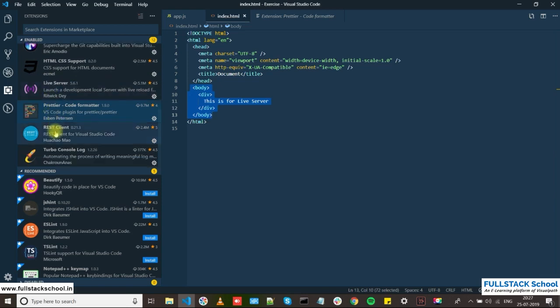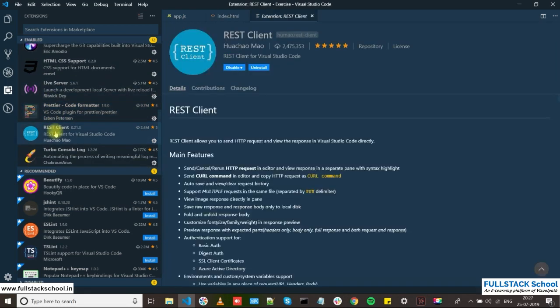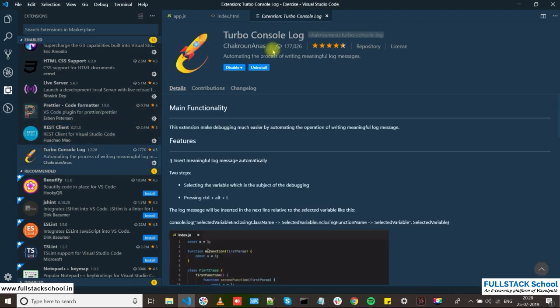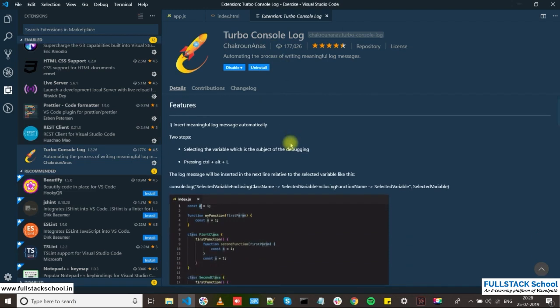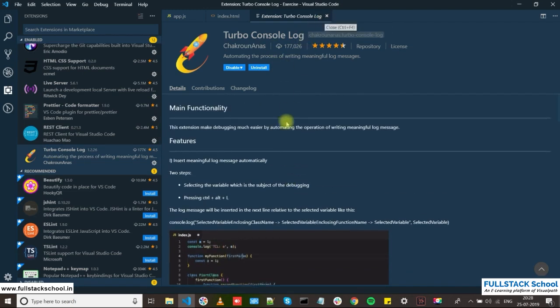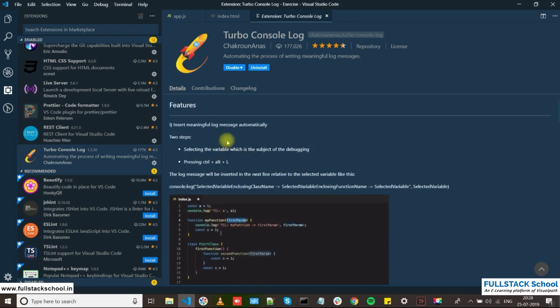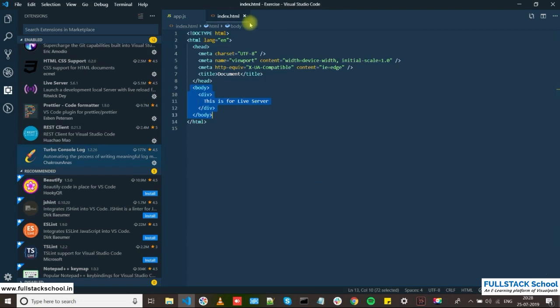Okay. So REST client we will be seeing later. Maybe while we see asynchronous JavaScript, we will see about console.log. This is going to be one important plugin. Let's see how this is going to work because for me this is a very new plugin which I'm going to try. It's simple, you type CLG, it is going to give you console.log. If you are not familiar with what console.log is, don't worry about it. I'll explain that also.